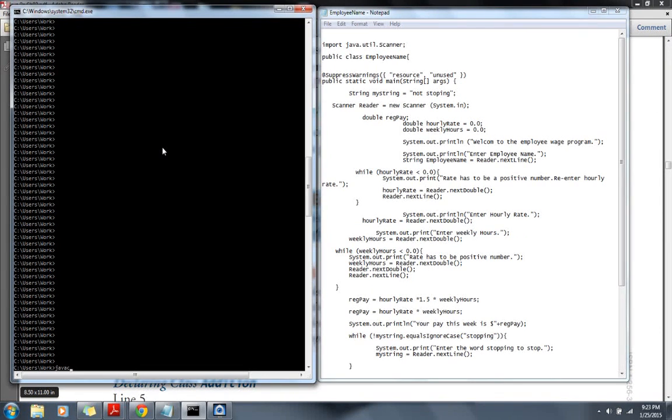So I will compile your program. The only change I've made so far is I removed the package name. So now I'll run it. So I'm running a program. It says enter the employee name. Okay, so we'll just do a base test. Enter everything correctly. Fred, hourly rate is 8. Enter our weekly hours is 9. Your pay this week is